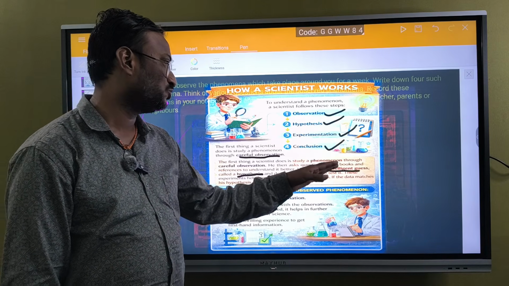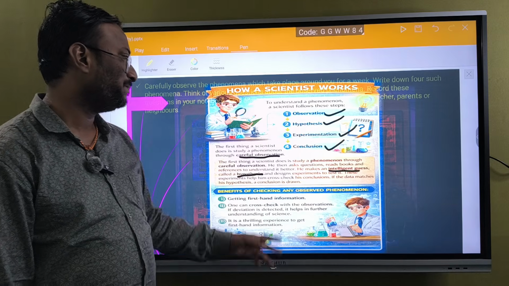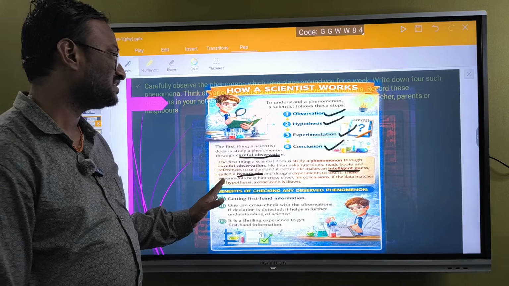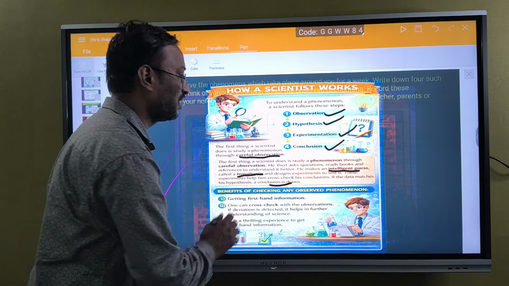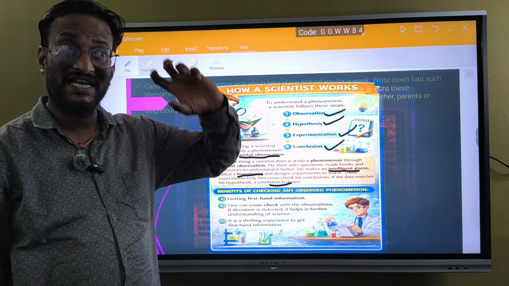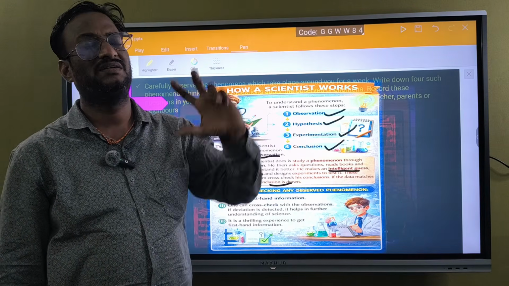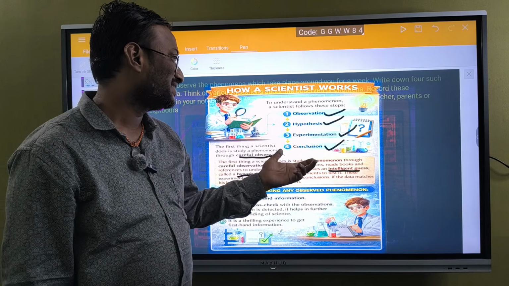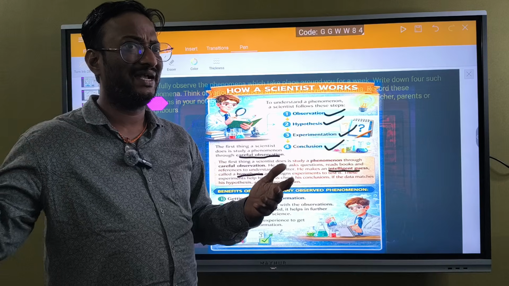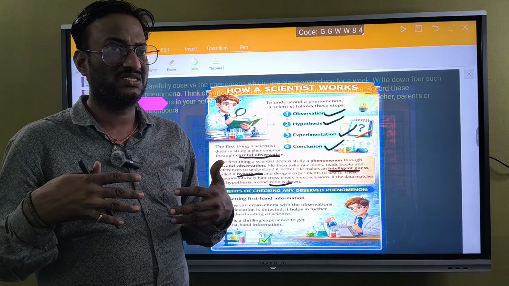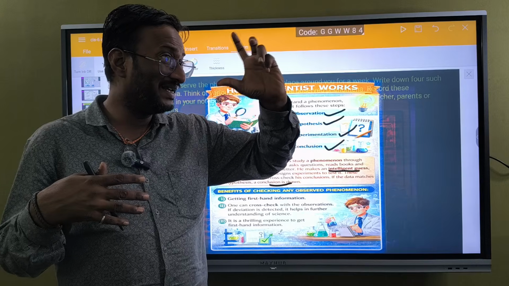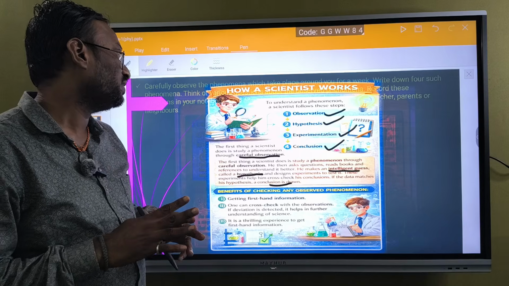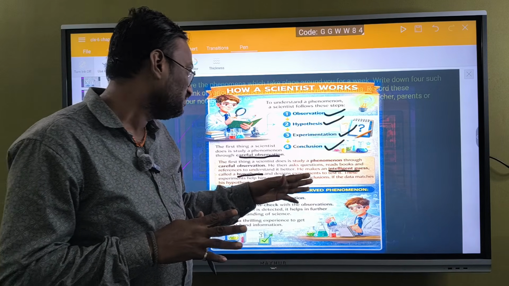And he designs experiments to test it. These experiments help him in cross-checking his conclusion. If the data matches his hypothesis, a conclusion is drawn. What is hypothesis? It is just an estimation. Maybe it happened like this. After careful observation, asking questions, reading some books and getting information from different sources, he will have some intelligent guess. That intelligent guess we call hypothesis. Okay.